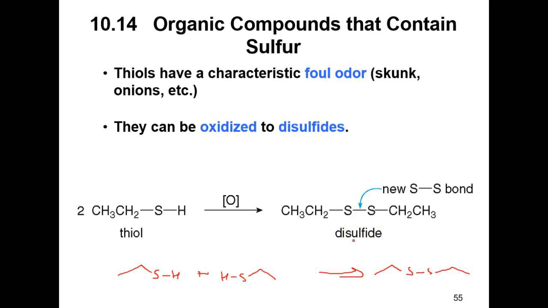Hair does this a lot. The more of these you have, the more curly your hair. Okay, so for people that just have naturally curly hair, it's because you have a lot of these disulfide bridges. All right, there's an amino acid that actually has a thiol on it. In your genes, when you produce the protein of your hair, they code for a lot of these amino acids that have an SH in it. And these SHs get oxidized and they start forming these linkages and you have curly hair.